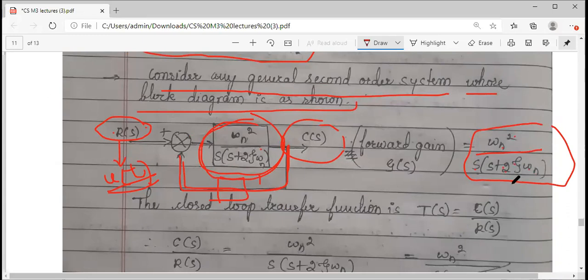Why have we chosen this? Because if you come across a few problems, this particular element which I have written in the block will differ. It can be anything. In general, I have taken this, wherein your analysis is mainly dependent upon two terms. See, there is Wn and there is zeta. Both are very important, especially zeta, the damping ratio. This is a very critical factor which will determine the response of your second order system.